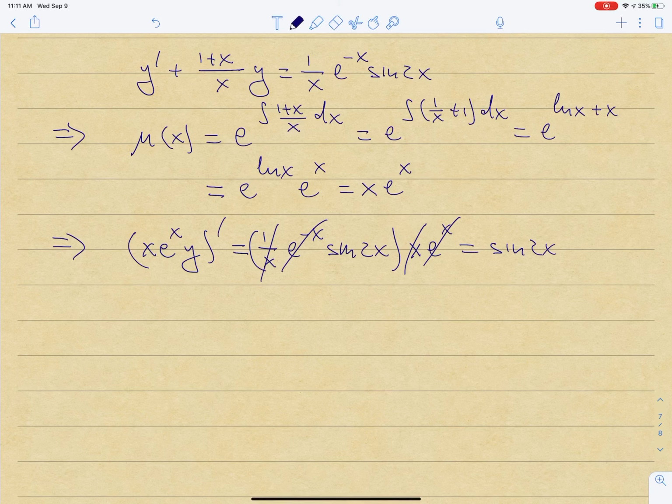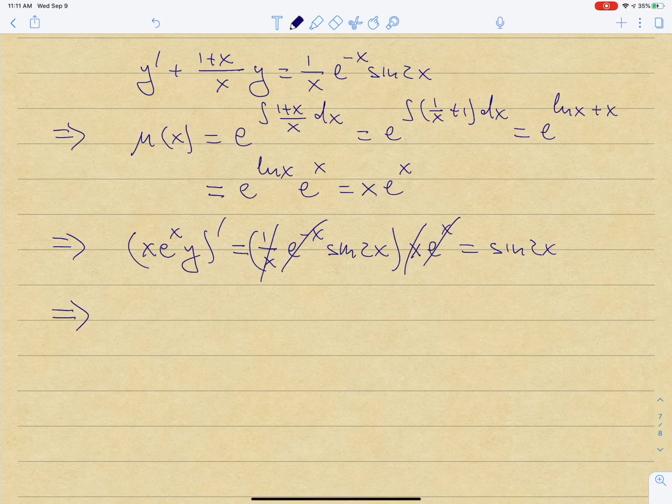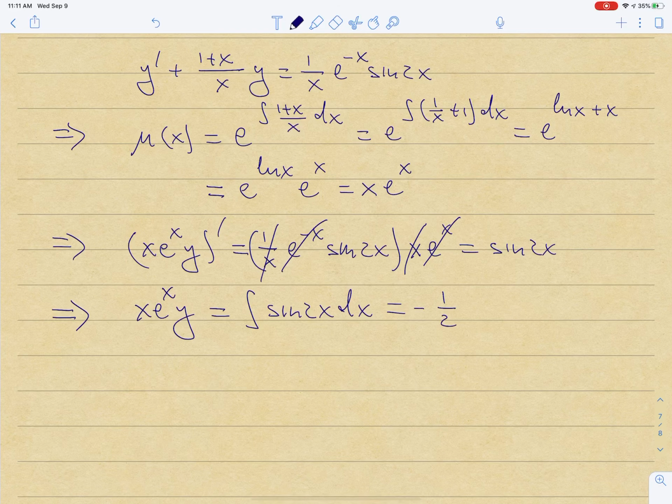So if I take now the integral of both sides, the integral of a derivative on the left is x e to the x times y, and this should be equal to the integral of sine of 2x dx. And then the integral of sine of 2x should be minus 1/2 cosine of 2x,